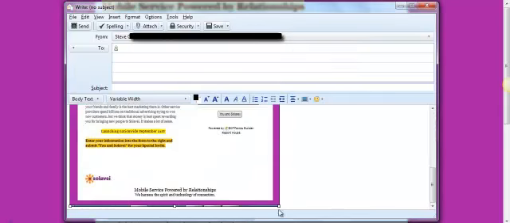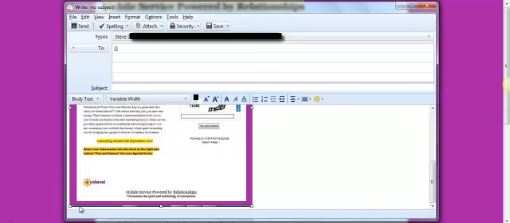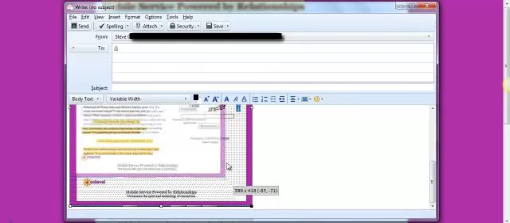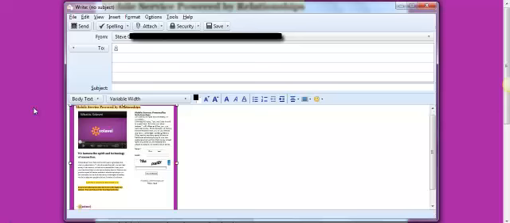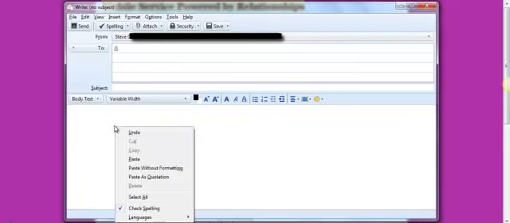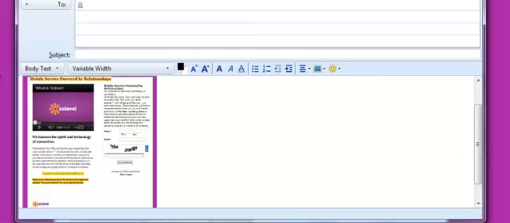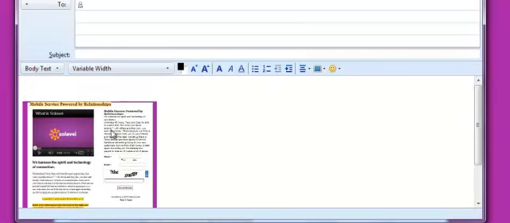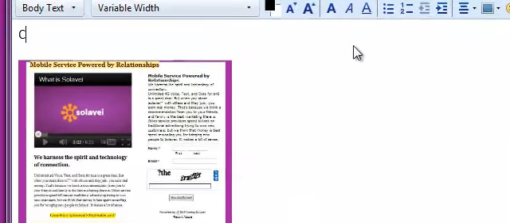There's the image. Now I want to make this smaller because I don't want it to take up my whole page. And you can see down here at the bottom how I got some of that in when I copied it. So you just got to be careful when you do that. It doesn't really matter in my case here for the demo. So there it is. Now also what I want to do, I want to move that down, and I could have done that earlier, but I just felt before I pasted it. And right here above it I want to put just something on there like click image